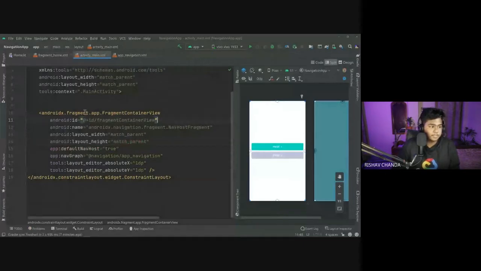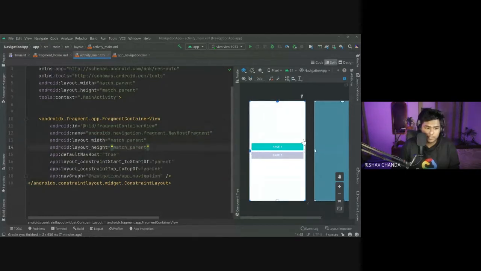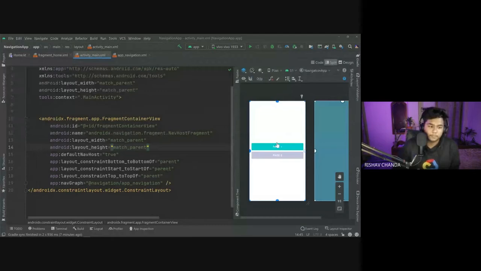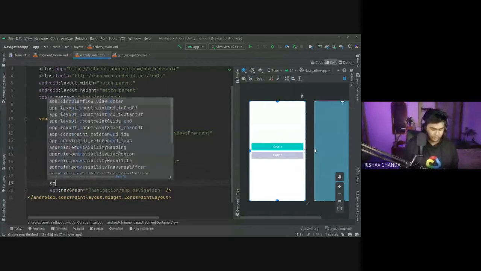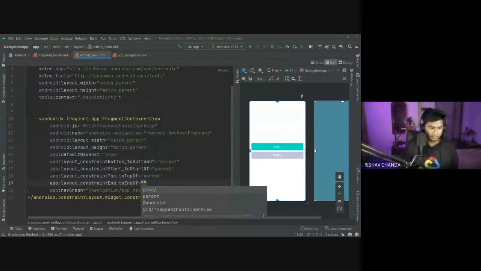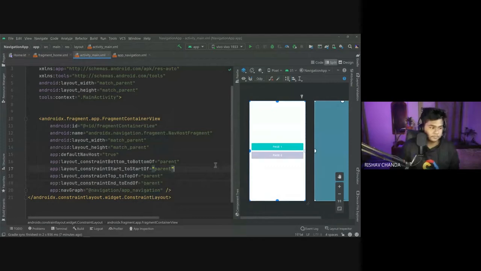Right? Now you can see the error has gone also. And now give the constraint, so I would constrain it from all four sides. You can use the code also here to give the constraint. I am using this one. Constraint end to end of, give it parent, so it will be done.